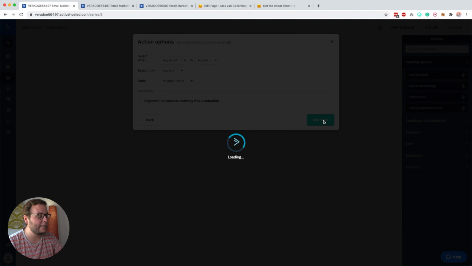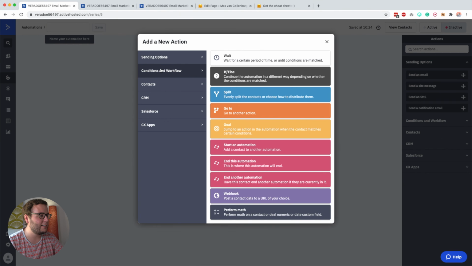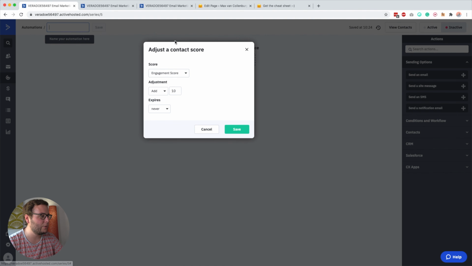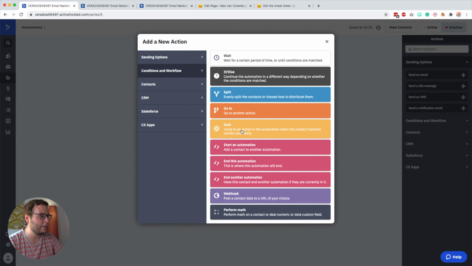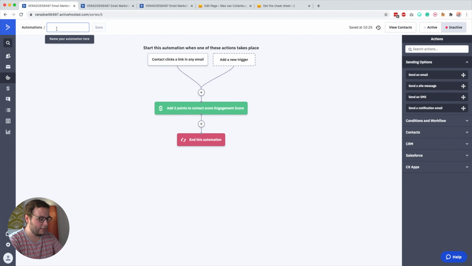And then we're going to click add start, and then we want to adjust the contact score. So we want to add 2 points for this, and this should also expire after 3 months. We're going to click save, and then we want to end this automation, and we also call this one tracking clicks link in email